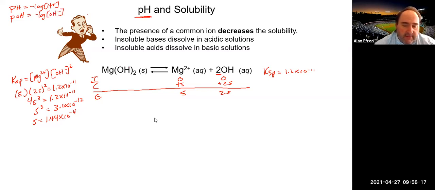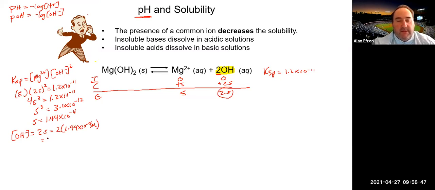In this insoluble base, it is the hydroxide that would allow us to get a baseline pH. The hydroxide concentration at equilibrium is equal to 2S. So if we take 2 times 1.44 times 10 to the minus 4 molar,